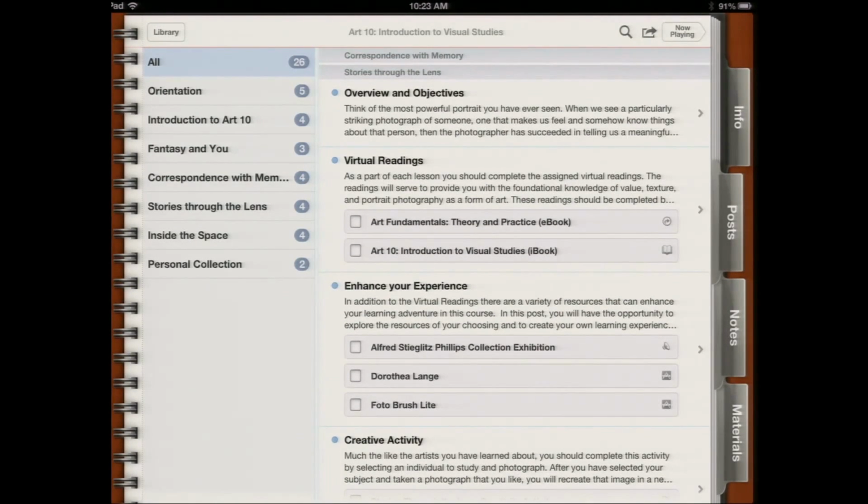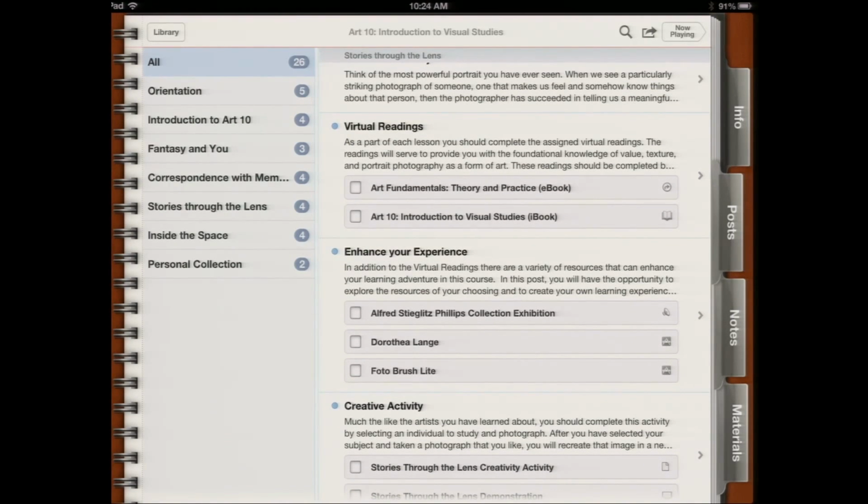And so, obviously, anytime you're moving from one platform to another, there are a couple of different things you have to accommodate for, because nothing is going to transition cleanly. What we did is pull what's typically referred to as a landing page in Anna's course, which is an overview, objectives, and steps to completion. We pulled that information over and included the same overview and objectives. But this is actually structured like its own steps to completion, so we decided to leave that part out. Then you'll see that we also have virtual readings. Anna's course uses a